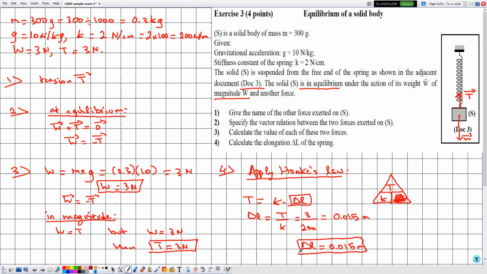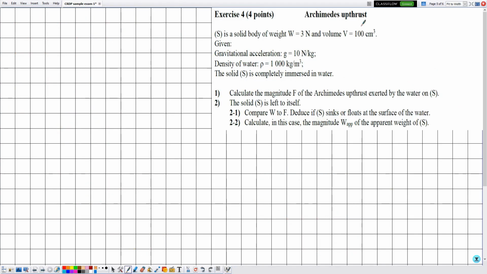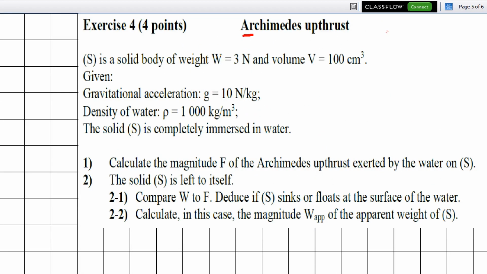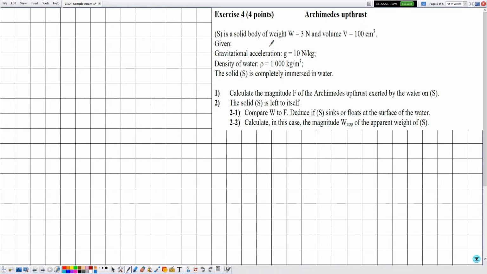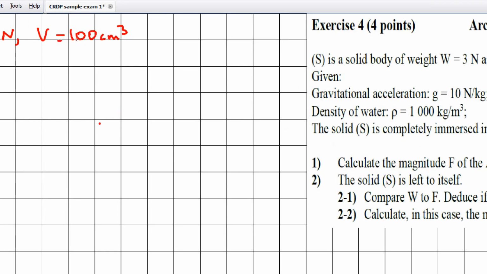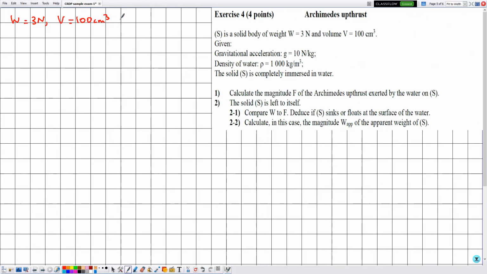Let's move to the final exercise of this sample exam, which is exercise number 4. The title of this exercise is Archimedes upthrust. S is a solid body of weight W equal to 3 newtons, and of volume V equal to 100 centimeter cube. Knowing that centimeter cube is not the SI unit of volume, in order to convert from centimeter cube to meter cube, we simply multiply by 10 to the power minus 6. Then 100 multiplied by 10 to the power minus 6, the volume in the SI is given by 1 times 10 to the power minus 4, as after plugging this on the calculator,